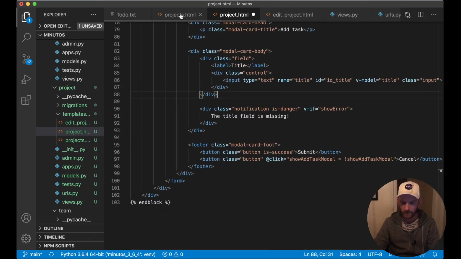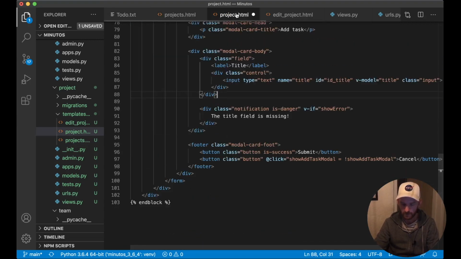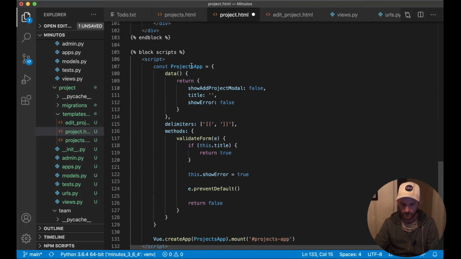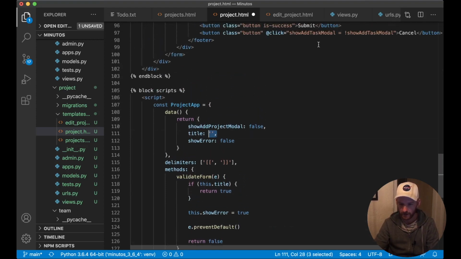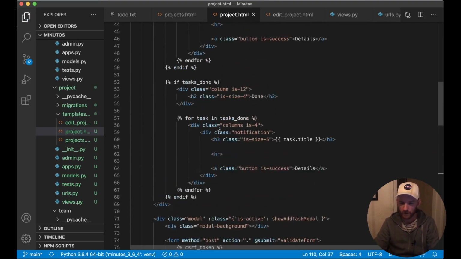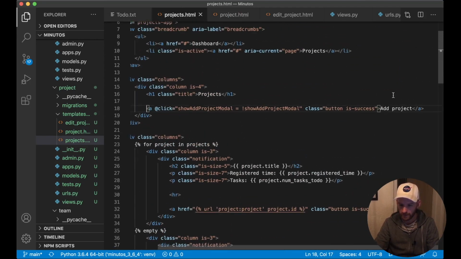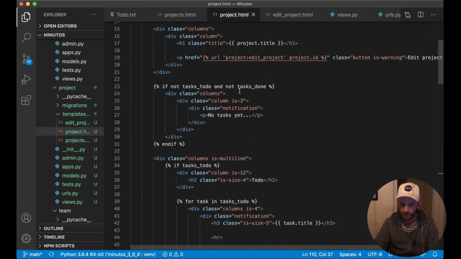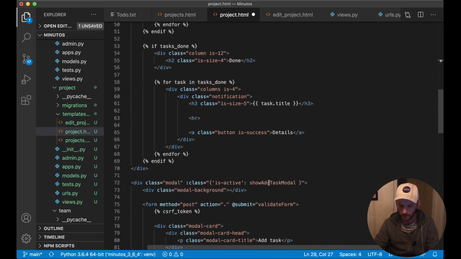Okay, and then I can go in here as well and copy the scripts, paste it, replace with project app, replace, and also this variable needs to be changed. Save, and up here I need to create a button just like we did in the projects page. So I can go in here as well and copy this, paste it here, add task. Then I need to get the name of the variable down there,